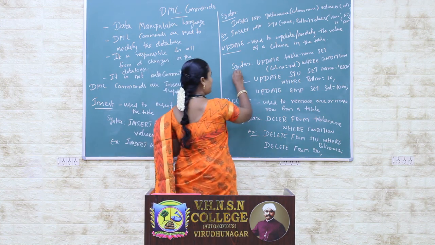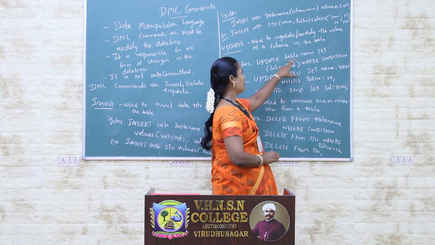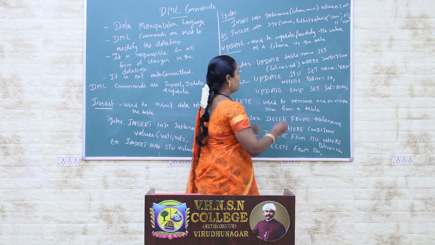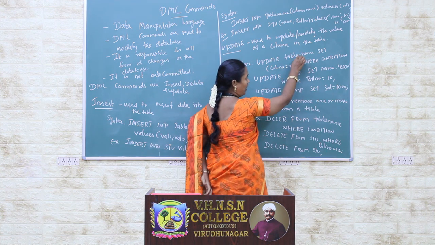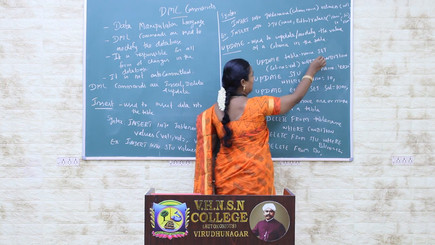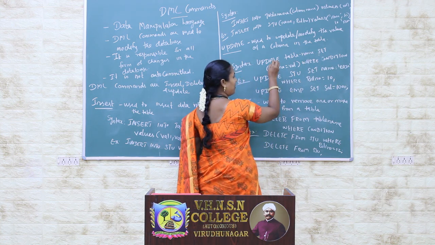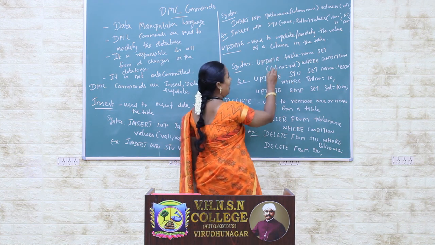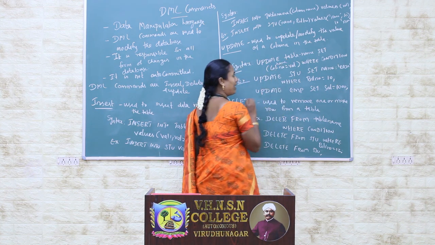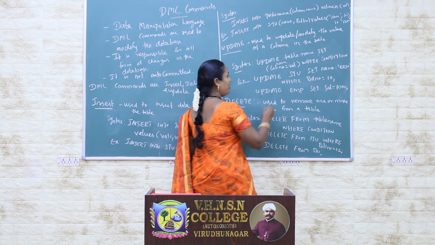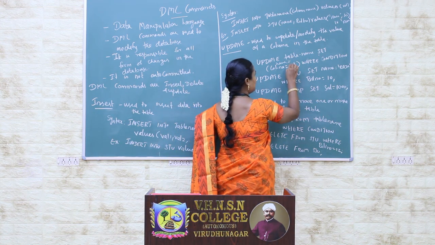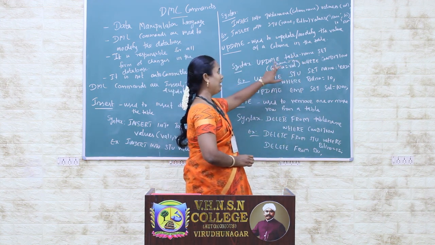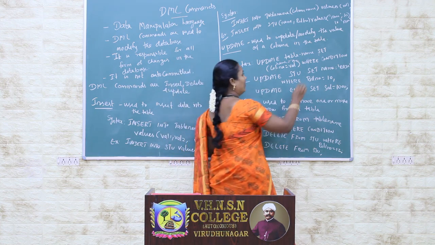Now we can see the syntax for the update query. Update table name set column name equal to value where condition. Here the table name specifies which table you are going to update. Then set is the keyword. Then column name means which column you are going to update. For example, in the table I can mention name and roll number as column names. Value means what value I am going to assign. So the corresponding column name along with the value, I can update with the help of the where condition.